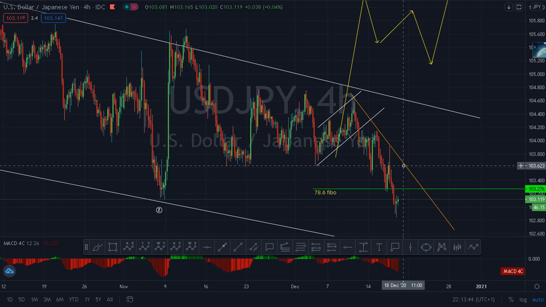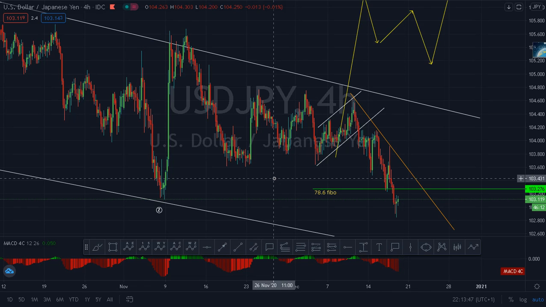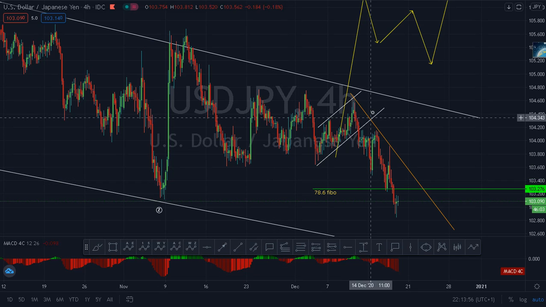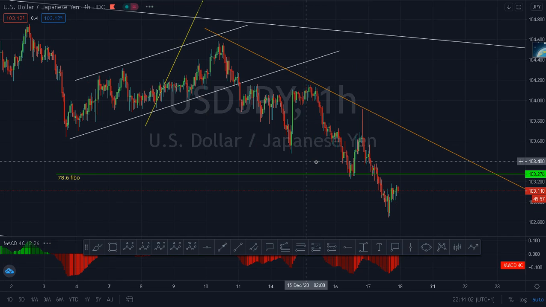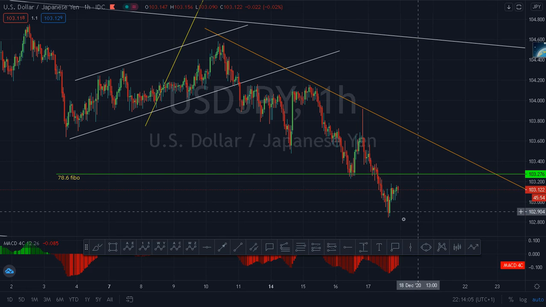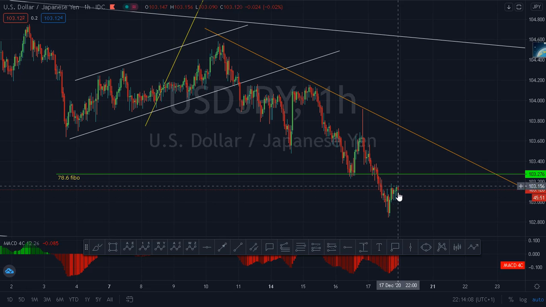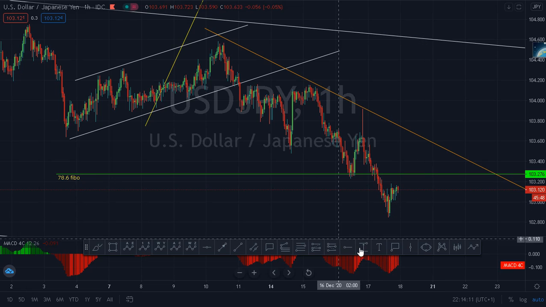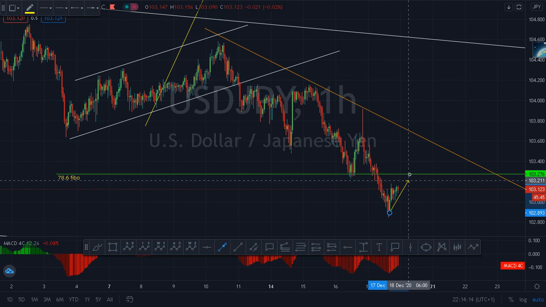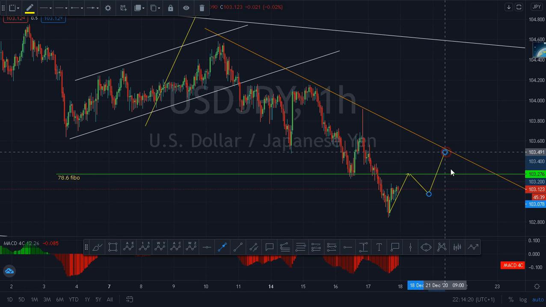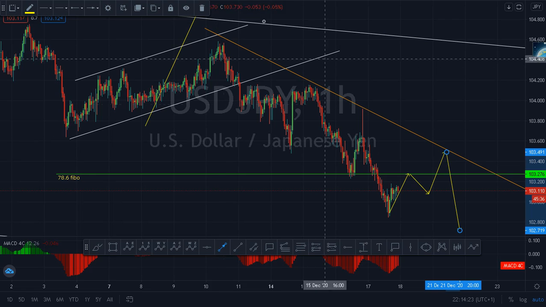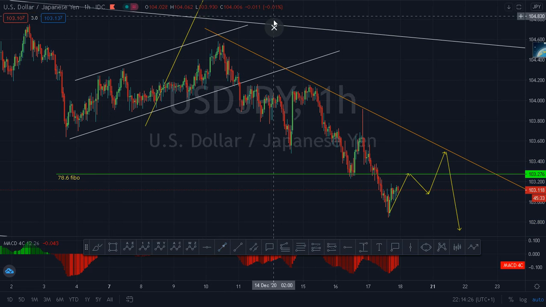USDJPY, I'm not selling, I'm not buying. I would prefer to wait, because when it will buy, it will buy very well. So I'd rather wait to buy than to sell. 1 hour, nothing to show. 1 hour and 4 hours is always something, except we are seeing, okay, now we are seeing a correction. Maybe it has started. Maybe we might have something like this, something like this, something like this. Then this will continue. So that's all for dollar yen.